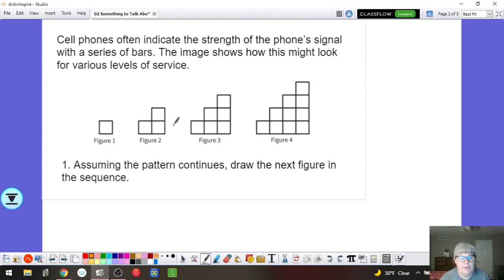So our first pattern is similar to the bars you see for cell phone signal strength, except it's broken down into a series of squares. So what we're going to do first, assuming the pattern continues, is draw the next figure. So for figure 5, if I look at these, it looks like I'm adding a row each time, and the row that I add has one more than the row above it. So for figure 5, we're going to have